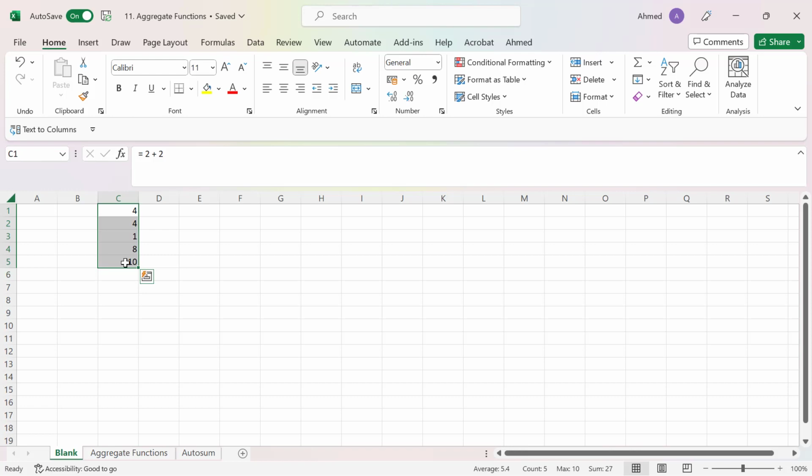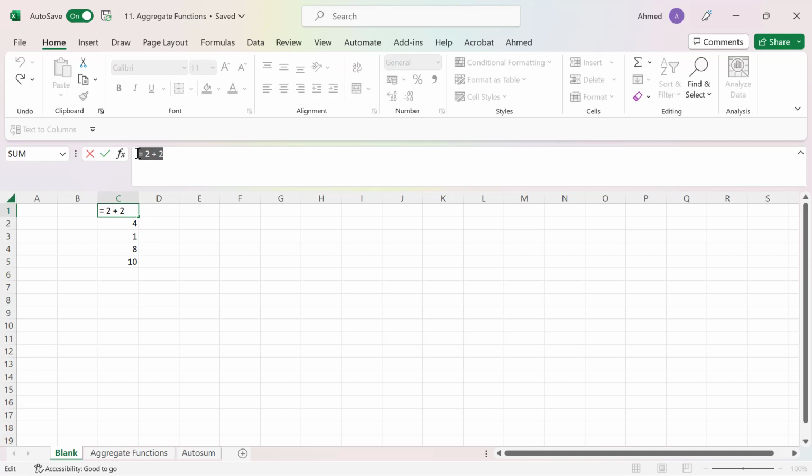Now, where Excel becomes more powerful with formulas, let me say a little bit more powerful, because we haven't really gotten to functions yet, is the fact that I can store the elements of my values in other cells. For example, this is 2 plus 2. The first 2 and the other 2, I don't necessarily have to type them out inside my formula. They are values that I can have somewhere else in Excel. It could be on another workbook, it could be on another worksheet. As long as those values are sitting on some cells somewhere, I can still refer to them and use them